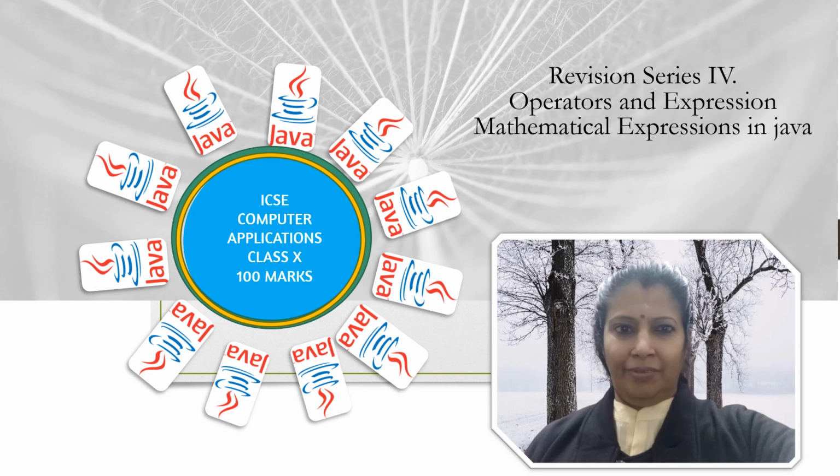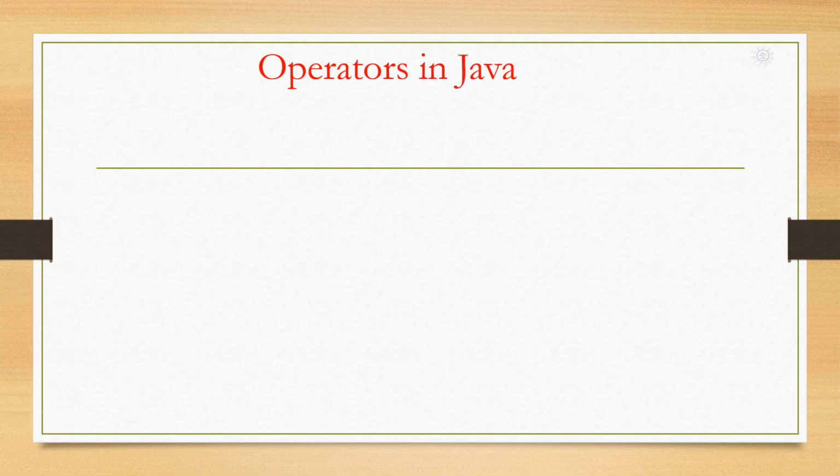And now we can discuss important questions that can come from this particular topic, along with the questions which were previously asked in the board exam. As already told, in this video we are just going through the important questions which are asked in the board exam and which can come in the board exam. The topic is explained clearly in the videos Operators in Java and Mathematical Expressions in Java. The link is given below. So if you have any doubt, first of all see the video, then come to revise this topic.